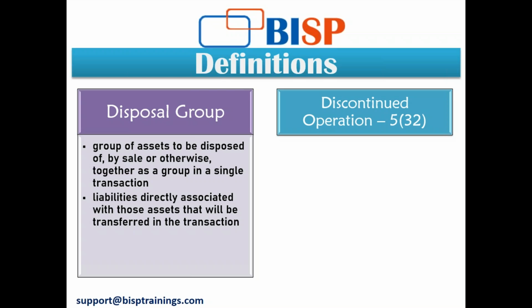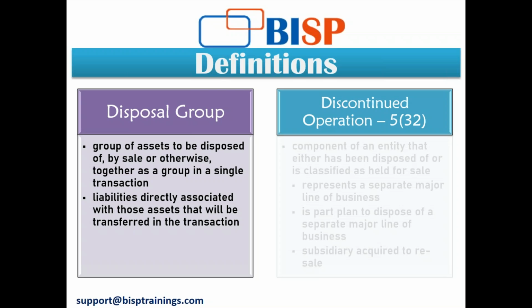Now coming down to discontinued operations. A discontinued operation is a component of an entity that either has been disposed of or is classified as held for sale, and it represents a separate major line of business. It cannot be an ancillary kind of business. It has to be a major line of business. It can be part of a single coordinated plan to dispose of a separate major line of business,